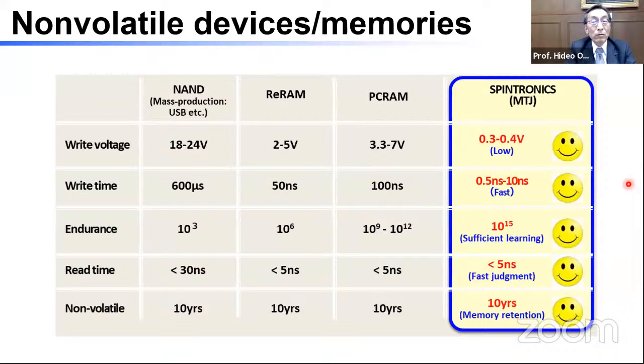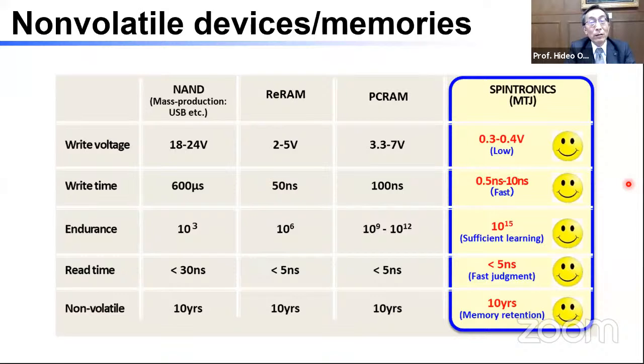But it also comes with a price: 1 bit you can only rewrite 10 to the 3 times. And the voltage required to rewrite NAND flash memory is always very high compared to a 1 or 1.2 volt power supply